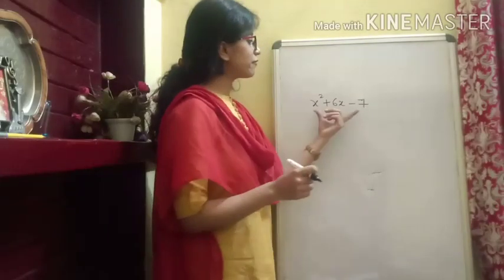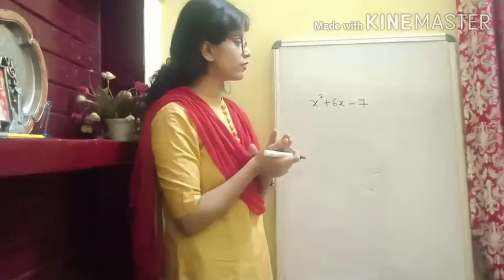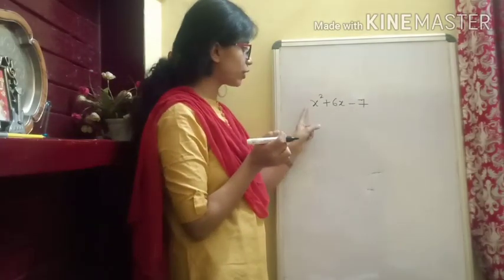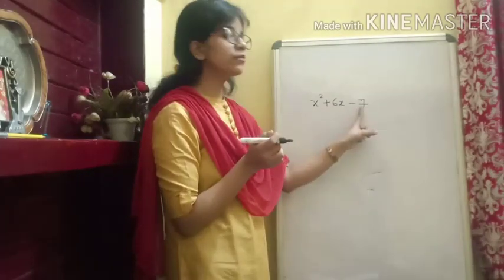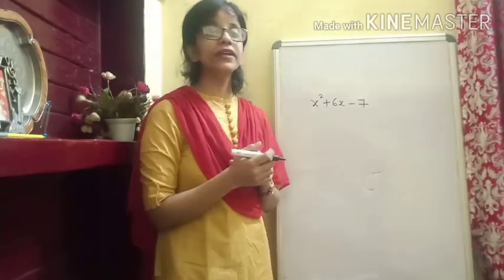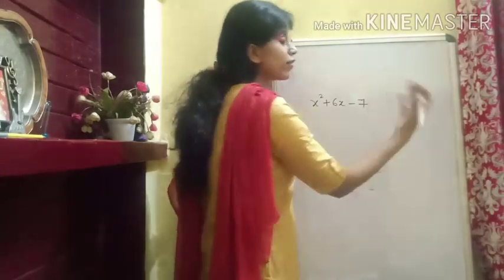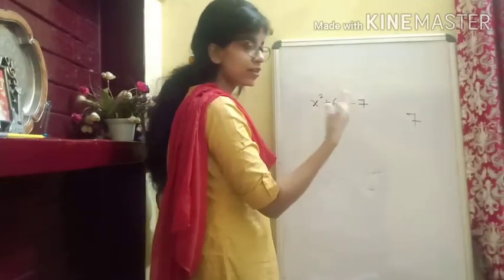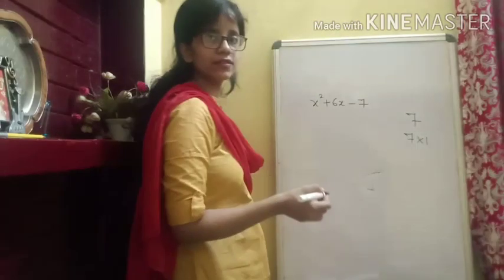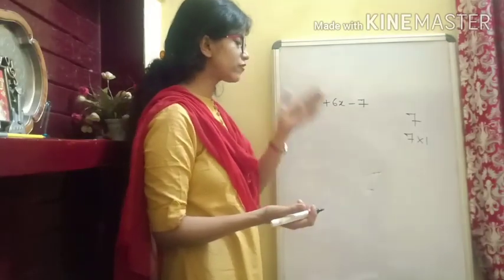Okay, you again have taken a trinomial. So now let's see how to factorize a given trinomial. You will take the coefficient of x square, which is 1, and the constant term, which is 7, and you multiply them. 7 into 1 will be 7. You have to write the prime factorization. The prime factorization of 7 is 7 itself, and then the other factor is 1. Is it okay? So 7 into 1, you will get only these two as factors.